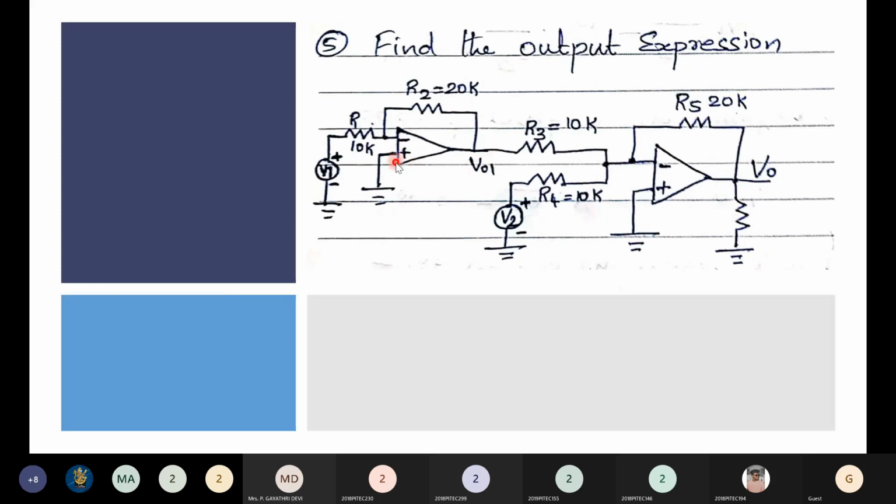Op amp 1, if you see, where is the input given? Input is given to the inverting terminal, non-inverting terminal grounded, and you have a feedback. So of course, what is the circuit? Easily we can identify this as an inverting amplifier circuit, right? And then I can easily find out what is the output here. Since it is an inverting amplifier, output is minus RF by RI times the input. Easily I can get what is the output at this point, right? Now,